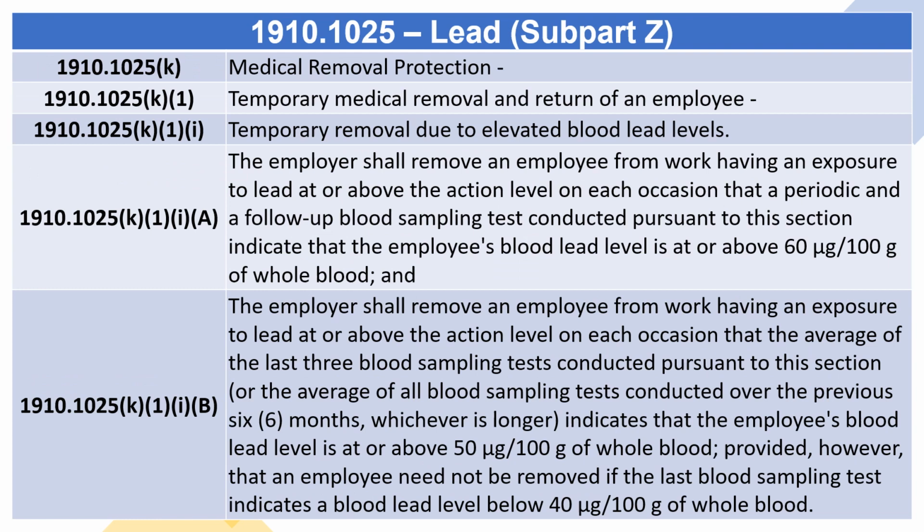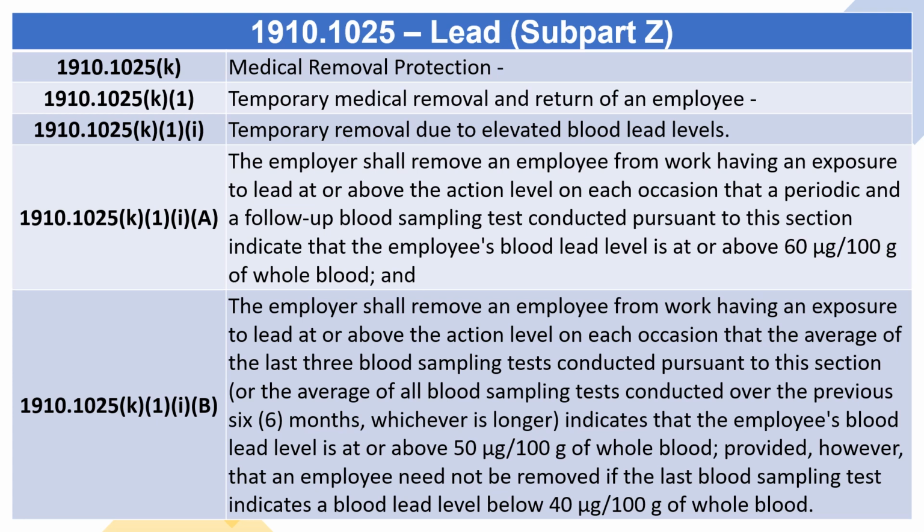1910.1025(k). Medical removal protection. (k)(1) Temporary medical removal and return of an employee. (k)(1)(i) Temporary removal due to elevated blood lead levels. (k)(1)(i)(A) The employer shall remove an employee from work having an exposure to lead at or above the action level on each occasion that a periodic and a follow-up blood sampling test conducted pursuant to this section indicate that the employee's blood lead level is at or above 60 µg/100 g of whole blood, and